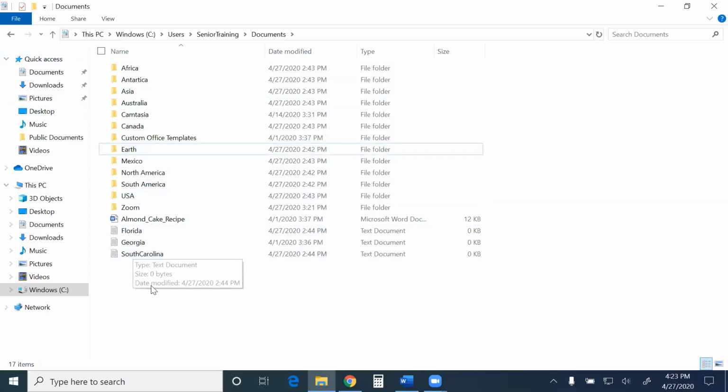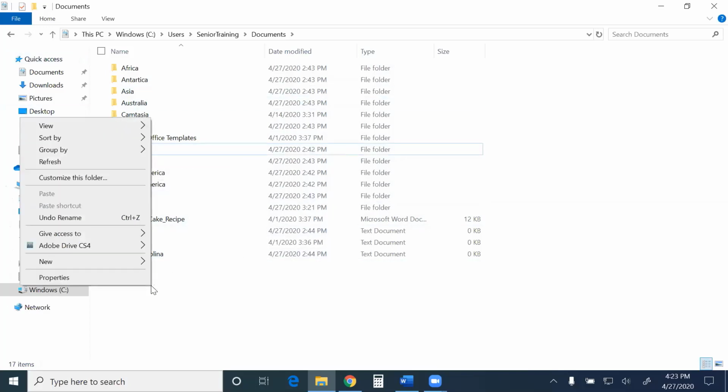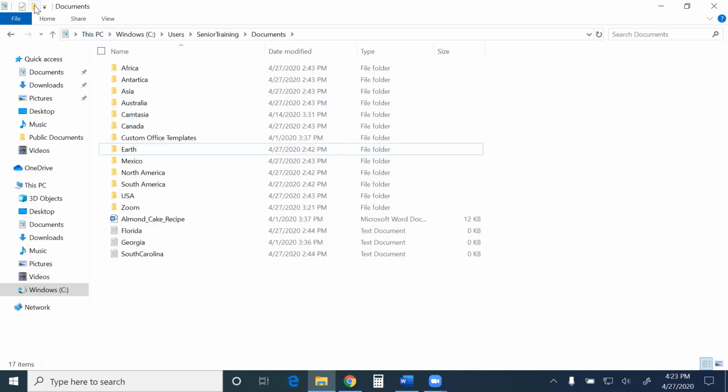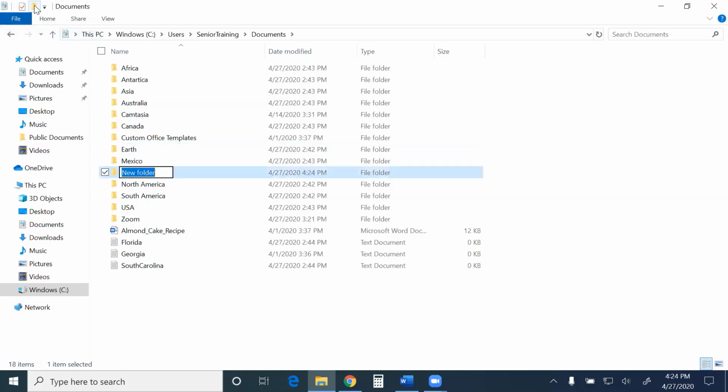Again, a few ways to do it. If I right-click anywhere on the blank space of File Explorer, I have an option that says New, and I've got Folder, so I could create a folder that way. I also have some little shortcuts in the very top left corner of the screen, very tiny, but up here I have a yellow folder icon, and even when I put my mouse over that, it tells me yet another way. Control plus Shift plus N will also create a new folder.